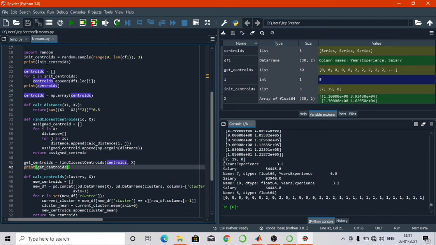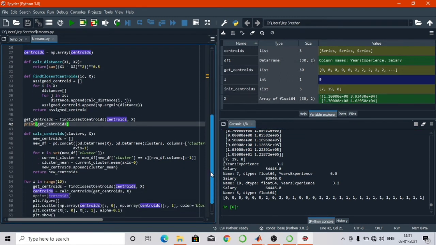If I run the code, the answer would look like this. So these are my closest centroids. According to these, I can move the centroids according to the average of the data points. I explained this in the previous video. You have to move the centroids to the successive location, and only then can you get better results.